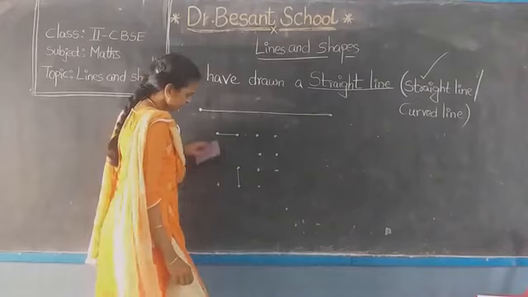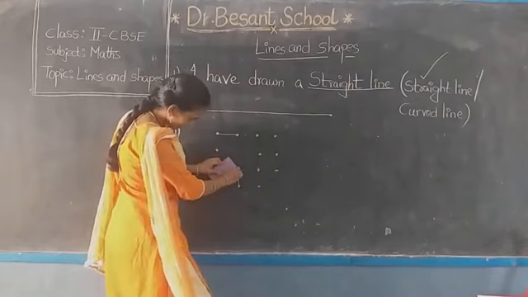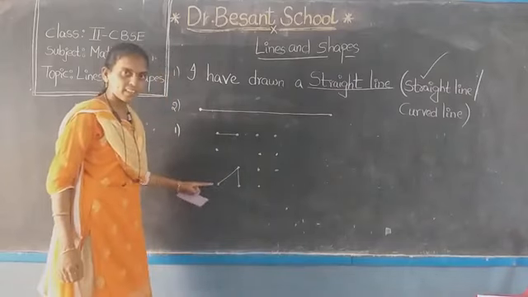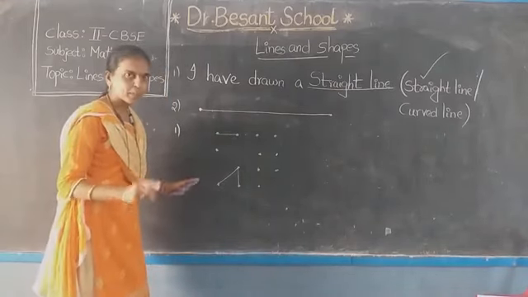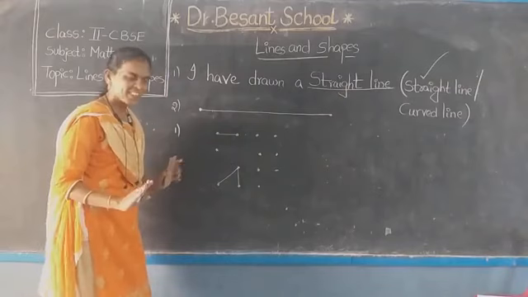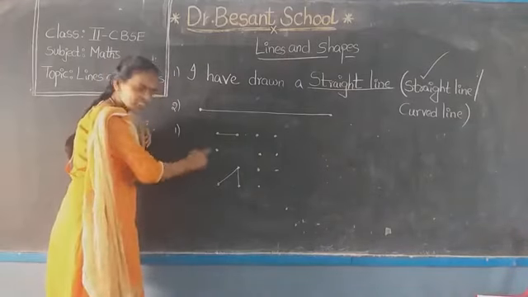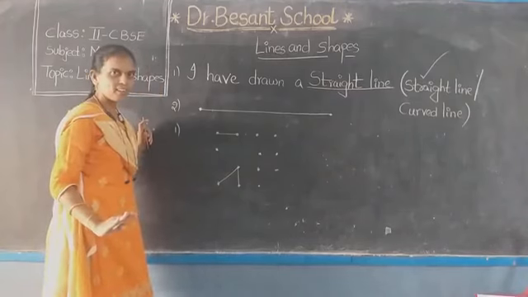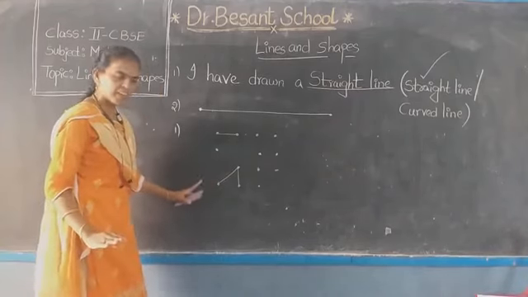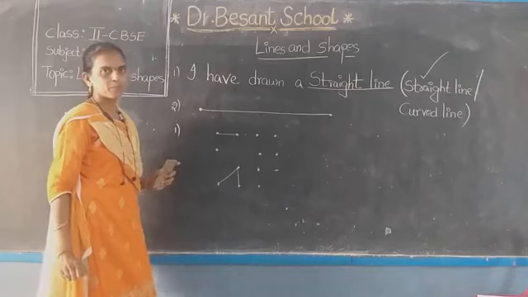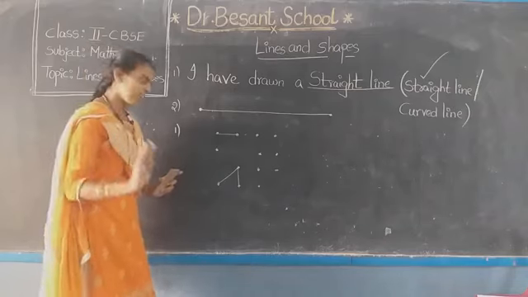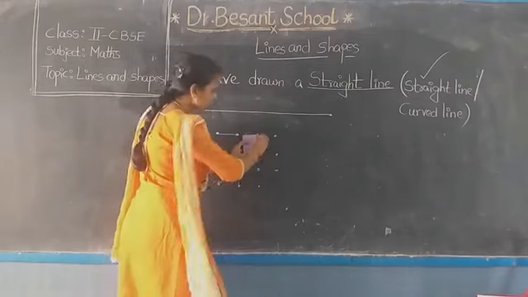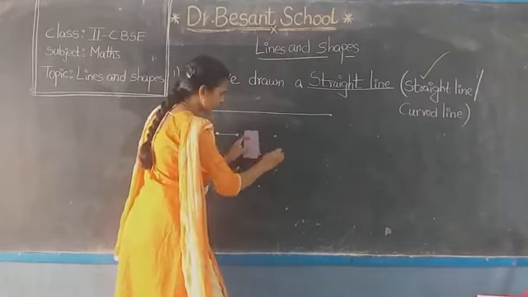Here, by joining these two dots, we can also join these two dots also. It is also a straight line. Though it is a slant line, is it straight or not? See here. Though it is a slanting line, is the line straight? Check it out. It is straight. So like that, you draw in your book by joining two dots like this.